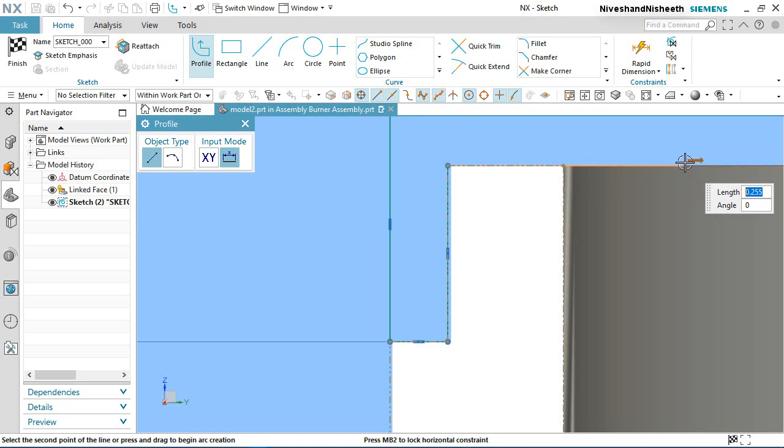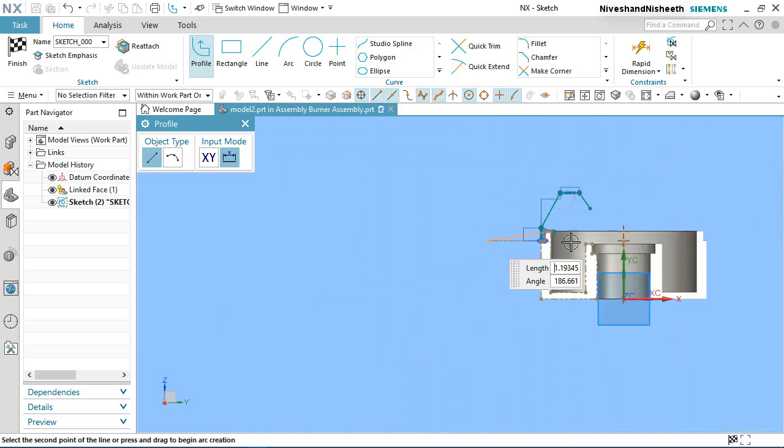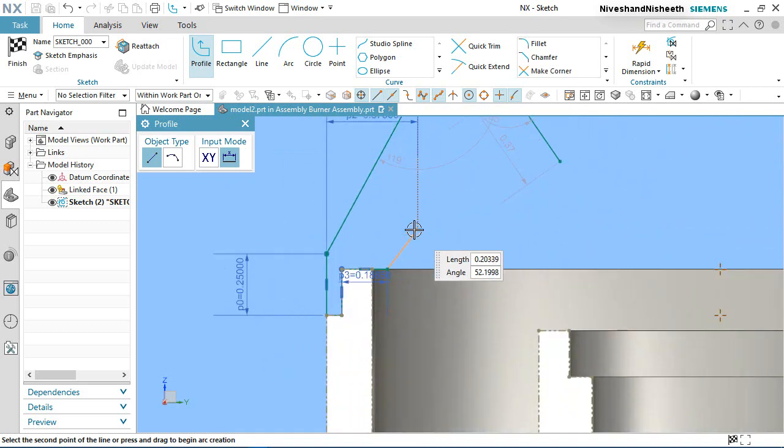The length value will keep 0.1885 inches. Point 0.25 inch and angle will keep 360 degree.